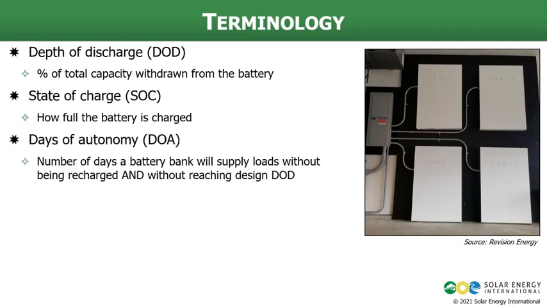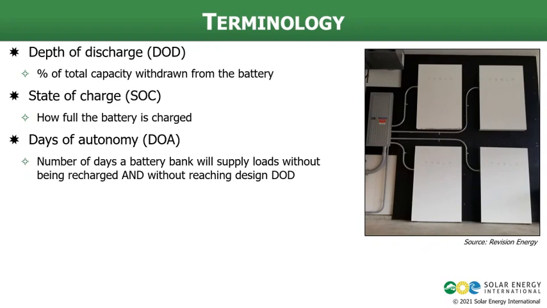Days of autonomy is another term that we use when designing battery-based systems, and this is how many days the battery or battery bank can go from fully charged to the maximum depth of discharge that we design the system for with no recharging during that time. On day one, if I start off with a fully charged battery, I've got no charging sources. If I can run loads with that battery before hitting my maximum depth of discharge, that's the number of days